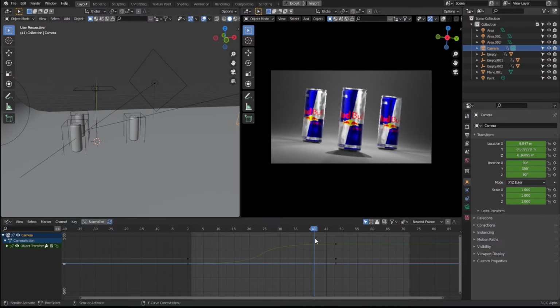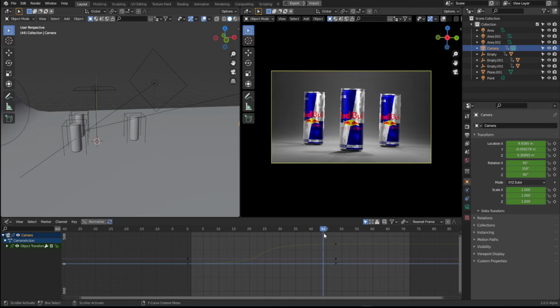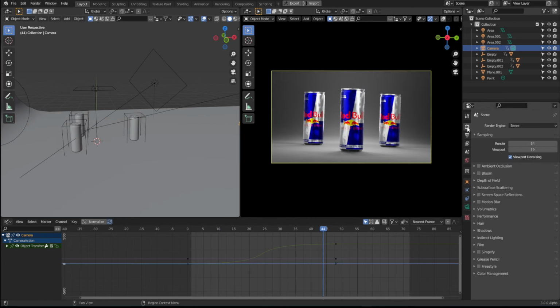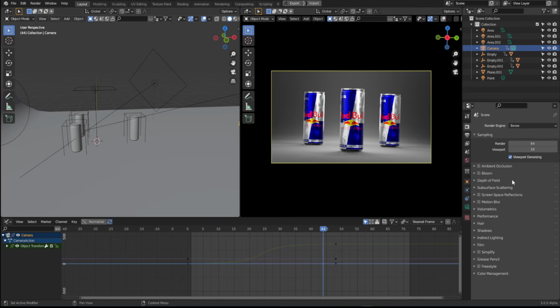Alright, so we've got the empties and products animating as we'd like them to, but we can actually make this look a lot nicer with the camera settings. So if we come over here to the render properties, we're rendering with the Eevee render engine. You can choose to render with the Cycles engine if you like, but I know that some people don't have access to that with their GPUs, and it can be really intensive on their PCs. So for this tutorial, we're just going to go with the Eevee renderer,